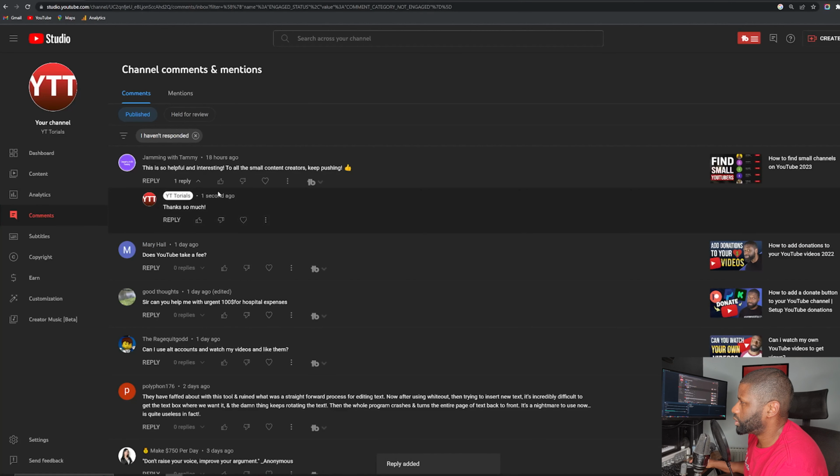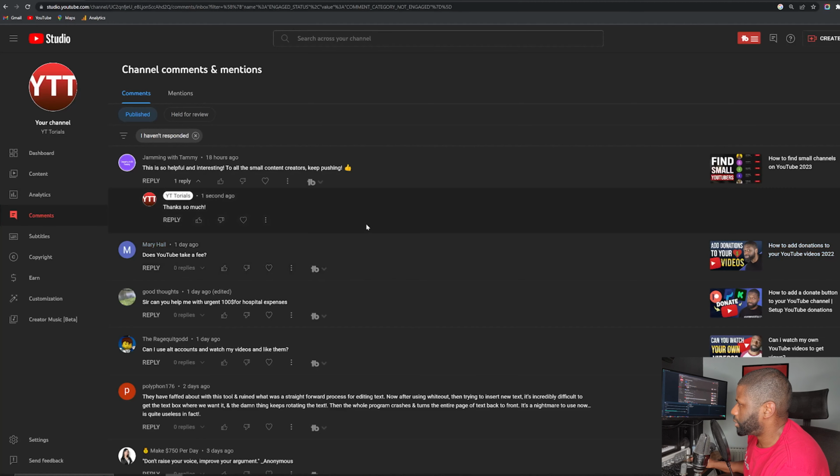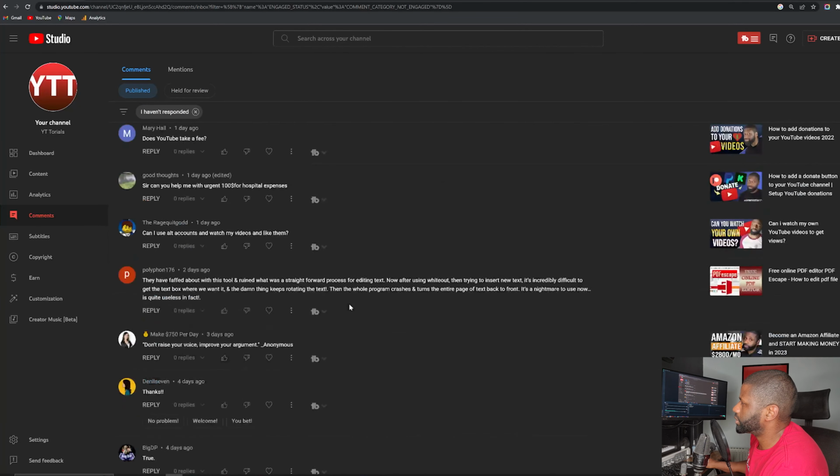I can also upvote it, downvote it, give it a heart, or I can go to the action menu right here where these three dots are and open up this menu. You can see that it says remove, report, hide user from channel, always approve comments from this user, add the user to a managing moderator or a standard moderator. So I don't have a problem with anything I think these people have set up here,